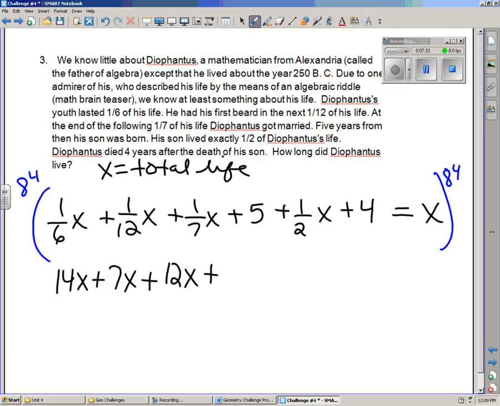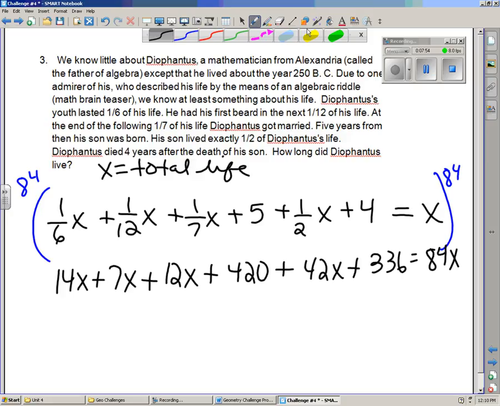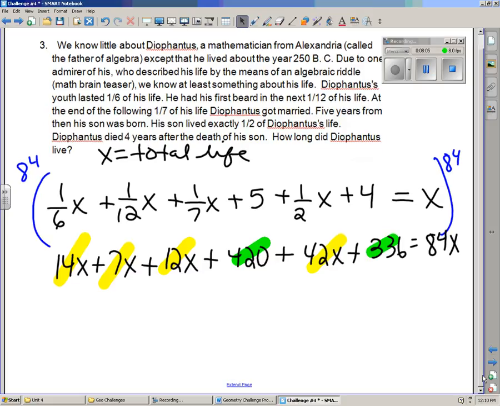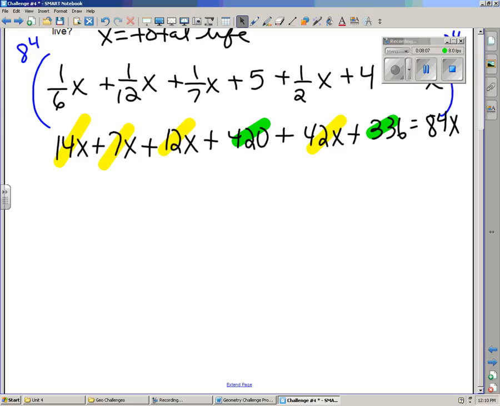84 times 5 becomes 420. 84 divided by 2 becomes 42x. 84 times 4 equals 336, and 84 times x equals 84x. When you combine all of the like terms, which means you're going to combine all of the x's, and then you're going to combine all of the non-x's, what's going to happen here, just bring this up a little bit. So by combining all of the like terms, you end up with 75x plus